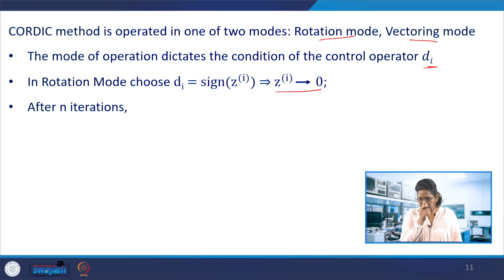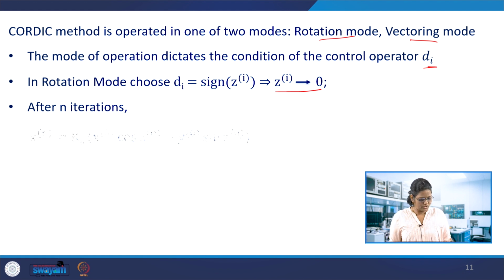Actually, first we start with the angle x1 y1, and then it moves to x2 y2, the initial theta, and then the theta gets adjusted plus or minus. If it is plus, it moves in one direction, if negative, in the other direction. It keeps moving, and then that theta, what we want to compute, suppose cos theta of 30 degrees. So if you start with 45 degrees and then move in one direction and the other and so on, clockwise and anti-clockwise, depending on the sign of di, finally the total accumulated angle should come to 0. So it should arrive at the 30 degree computation.